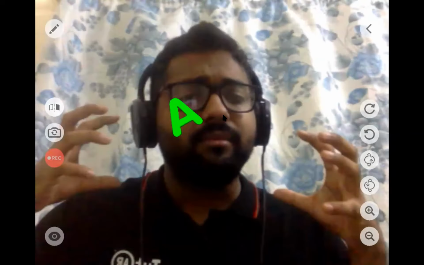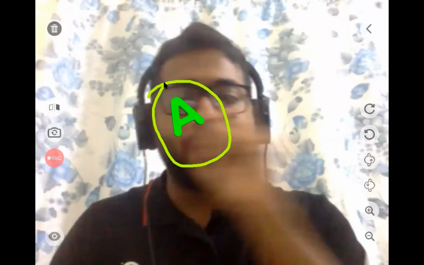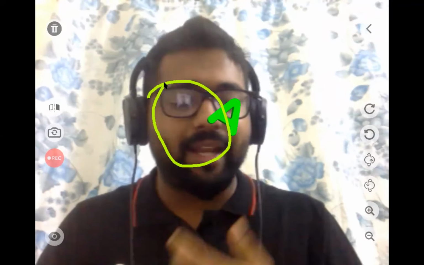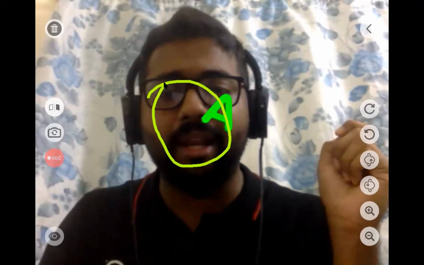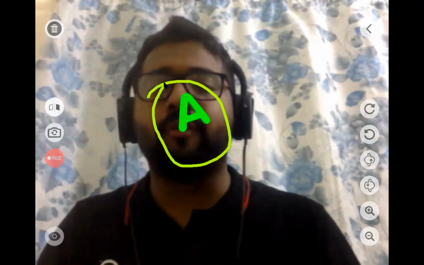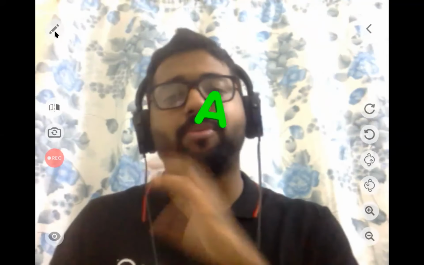Okay. Now you can see a couple of buttons right here. This one is used to annotate, where you click on the tool and you can draw anything you want. You can connect your Wacom tablet. You can write notes on it. Any tools you can connect. You can use a scratch pen, and then you can write on your phone. So all this is possible with the annotation tool.